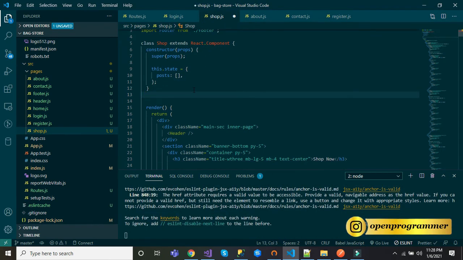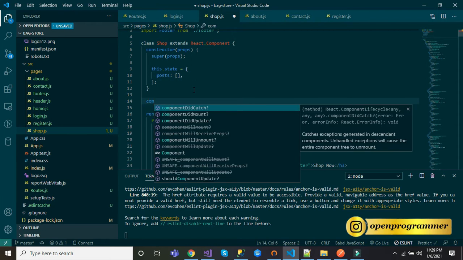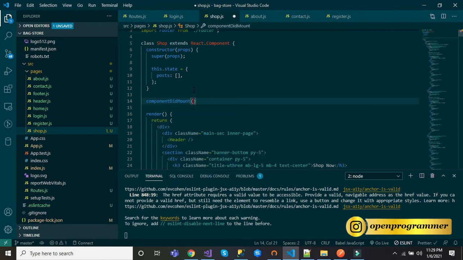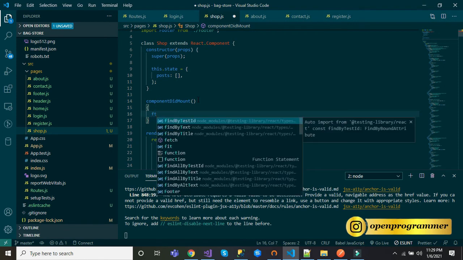After declaring the state part, now we have to call a React lifecycle method, which is componentDidMount. This componentDidMount function gets called after the constructor call. So we will use our API in this. For that, let me use fetch.